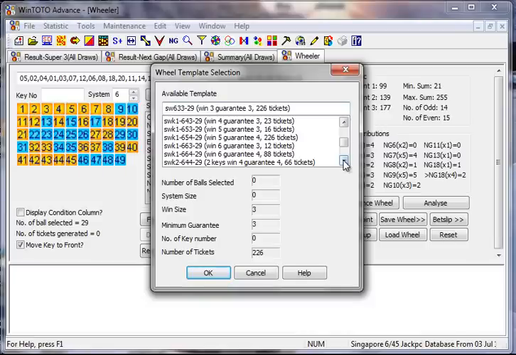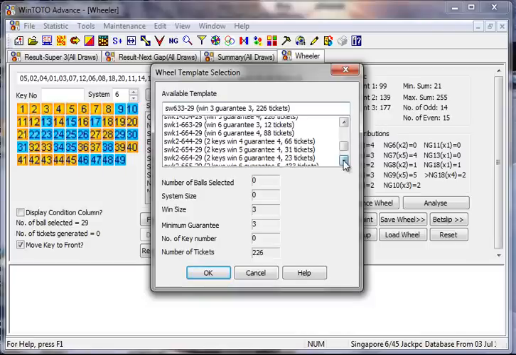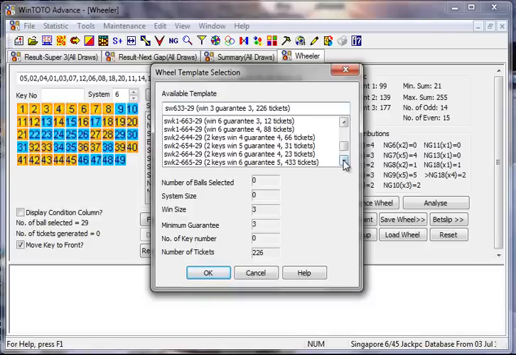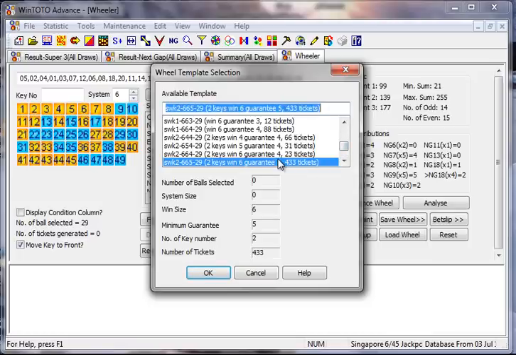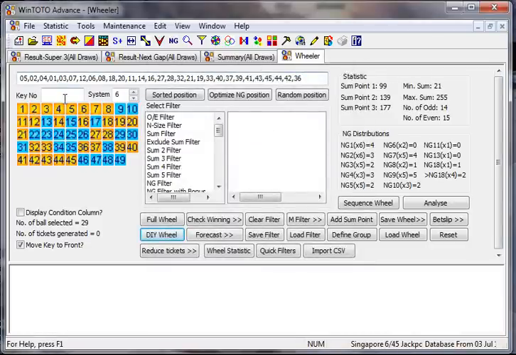But of course, I would recommend that if possible, try to go for the Win6 Guarantee 5, which is one of the very good ones. But of course this one has got to have two key numbers. So very simple. If you really want to go into the two key numbers, you can basically choose number one, as I mentioned just now. It's either we take a look at the one at